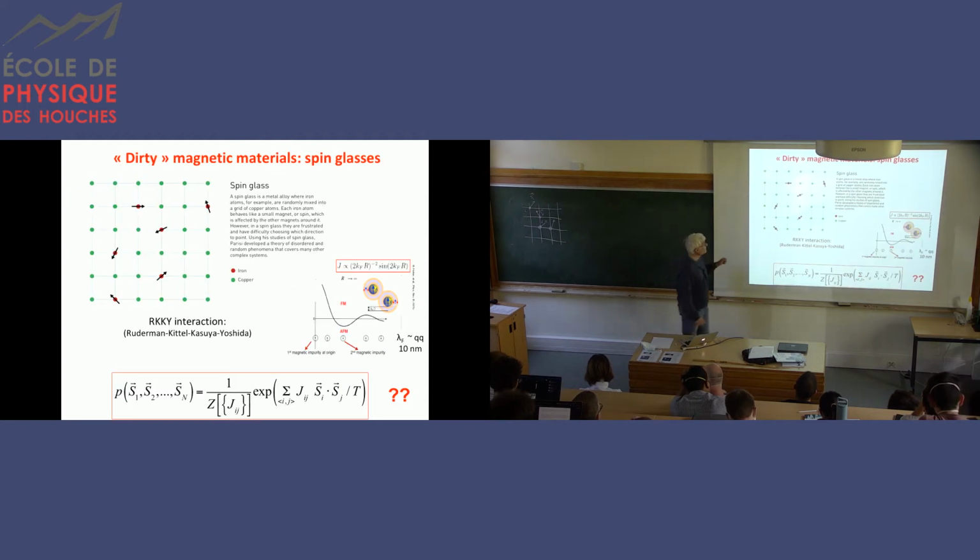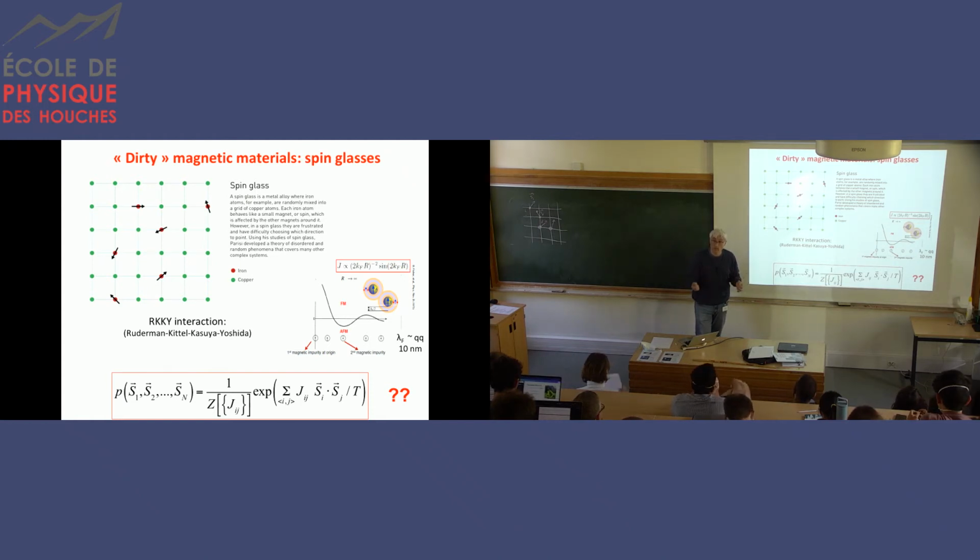Going back to the material here, what is going on, and it's very crucial, is that the positions of these spins are obtained when the material is actually built. So they are essentially random, and they don't change as you study experimentally this sample. What can change are the orientations of these spins, because the dynamics of these spins is much faster than the dynamics of diffusion of the positions of the atoms which carry the spins.